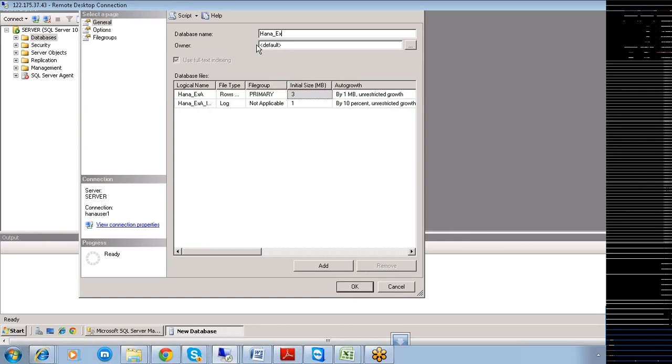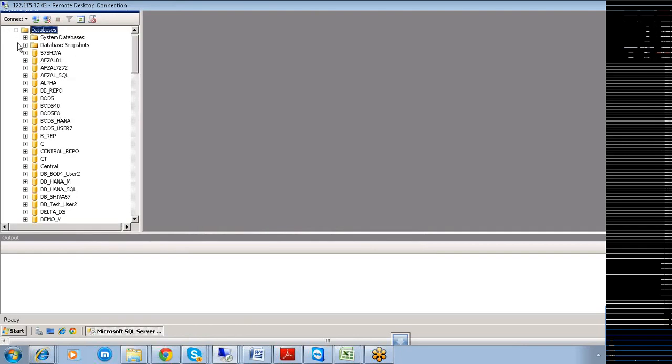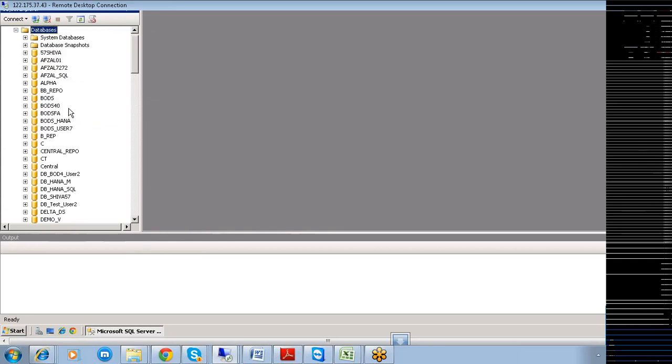HANA_example. We select this HANA_example and then click on OK. A database is created here. What is the database? The database is HANA_example. If you want to see this database, you can go here and refresh.